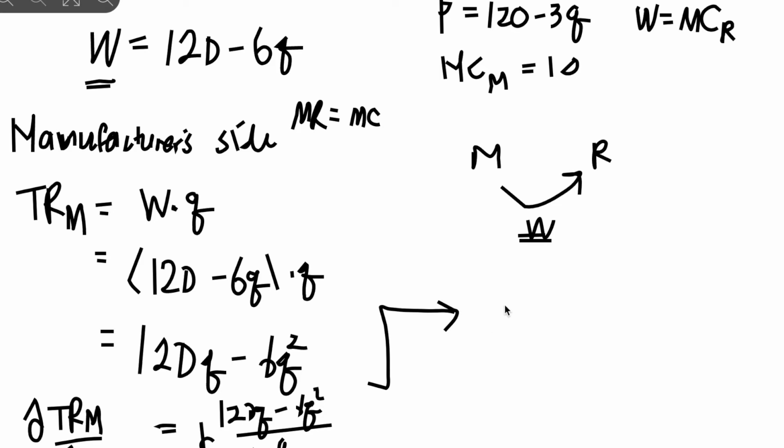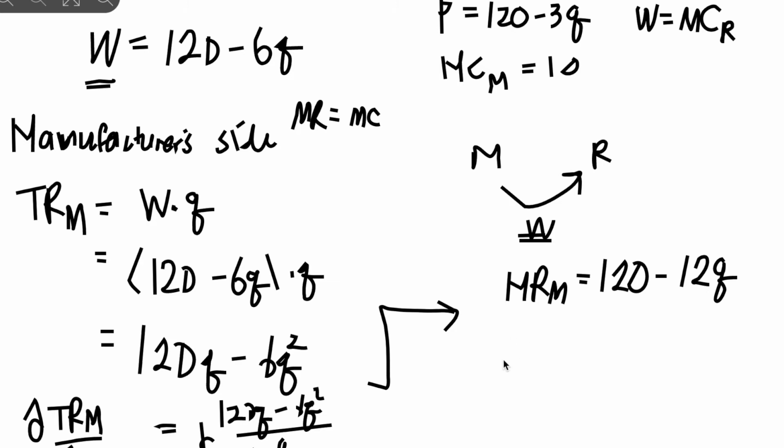Going there, we have the marginal revenue of the manufacturer equals 120 minus 6 times 2 times Q to the power of 2 minus 1. So we have 12Q,